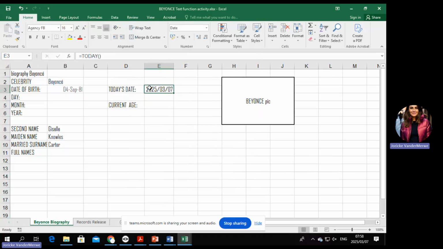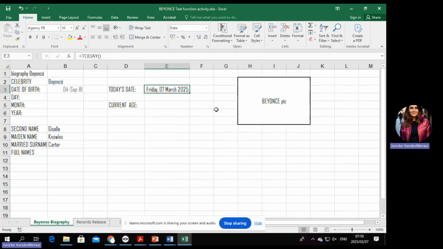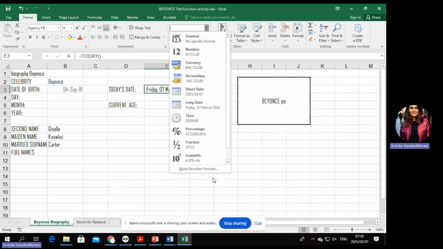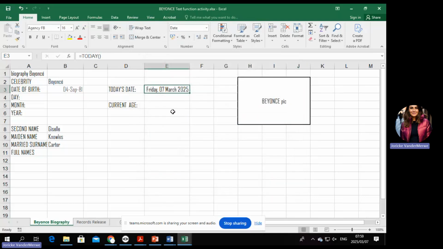Now, let's say you want to change that date. You can always go into date and change it here to maybe a long date, or maybe they ask you to change it specifically. If they ask you to change it specifically, you have to go to custom. So you can go to more, and then go to date, and there are also some other options that you can choose. Take note that in this case they didn't say long or short, so you can just use that.